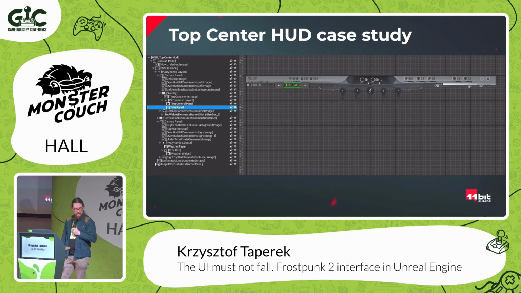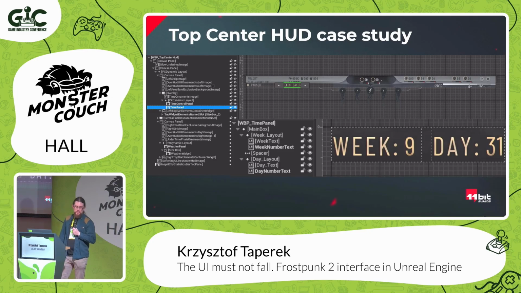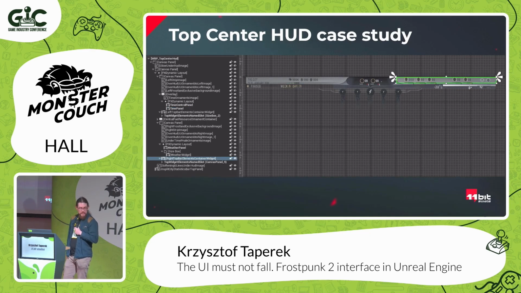Here we have another panel which is very simple because it has only a few widgets, and it's a time panel. And this one is implemented entirely in Blueprints. And here we have an example of a base user widget. It's just some background. We don't care about that much. It doesn't have any logic. It just has a few widgets that are properly anchored. They will adjust to the content, and that's all.